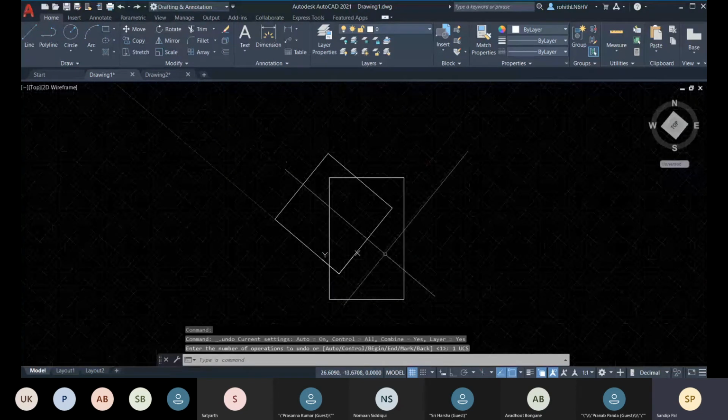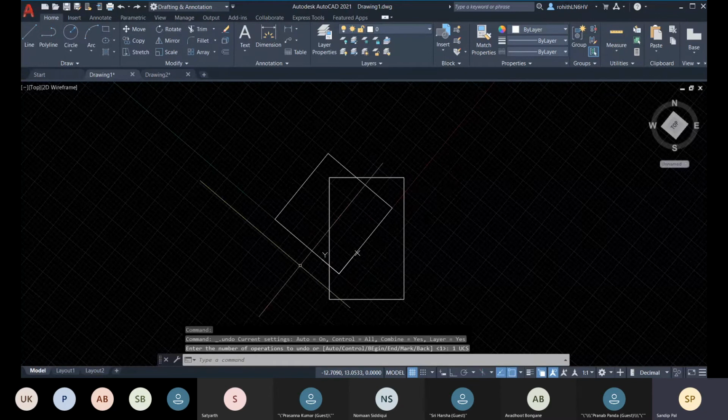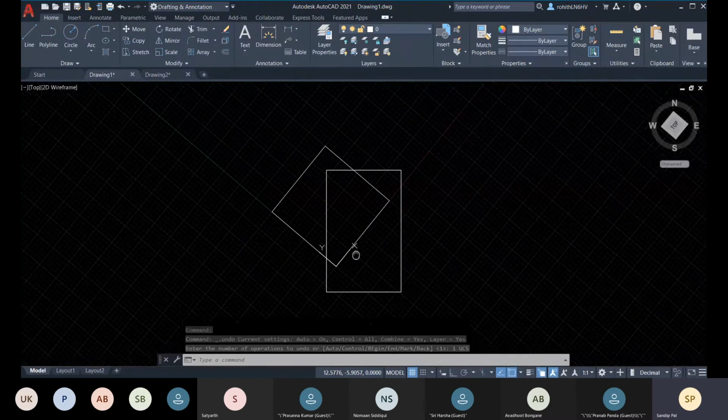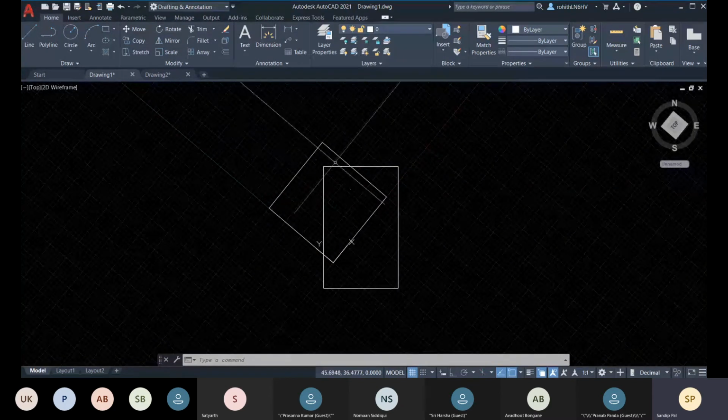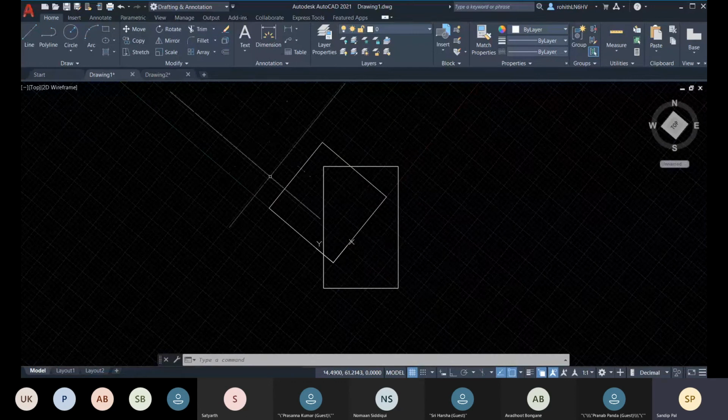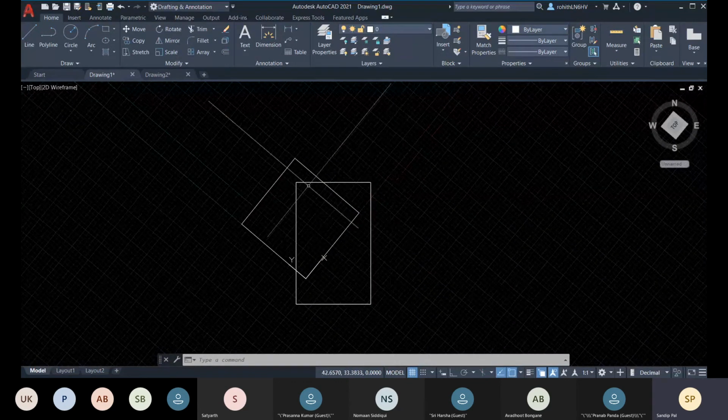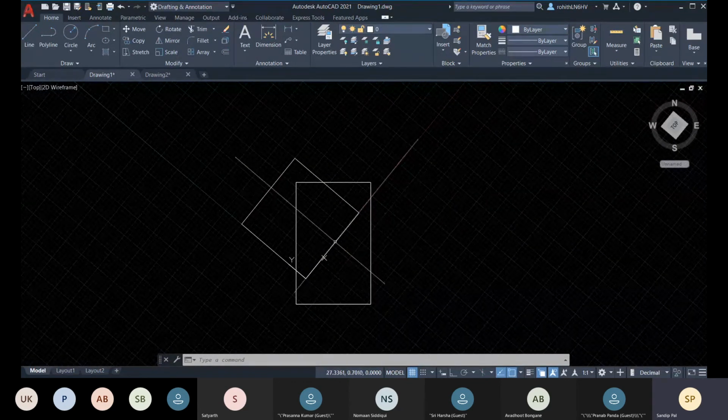Let me undo it. Suppose you don't want to change it, you will be working as per this direction, and for just a few seconds or a few parts you need the result as per WCS.